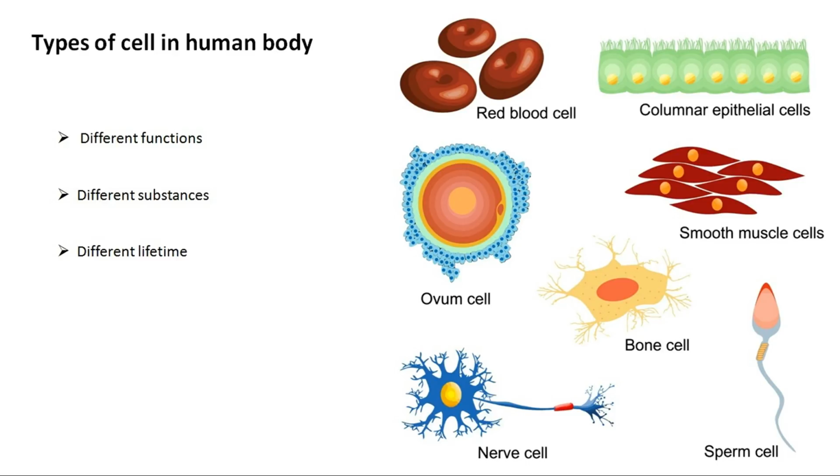Do all the cells look alike? Do all your organs and body parts look similar and work similar? Depending on the functions of the organ or the body part, the cells also vary in their size, shape and contents. In our body, the common types of cells are the nerve cells that make up our brain and nervous system,